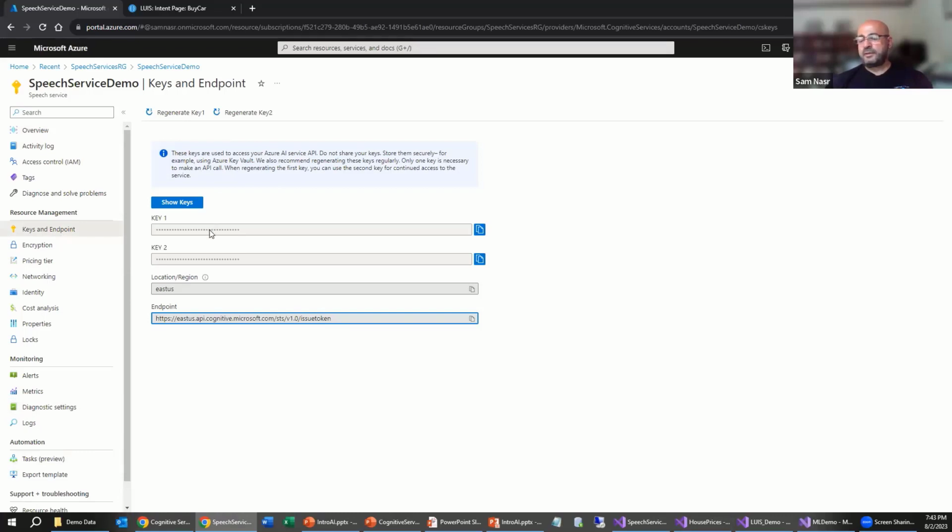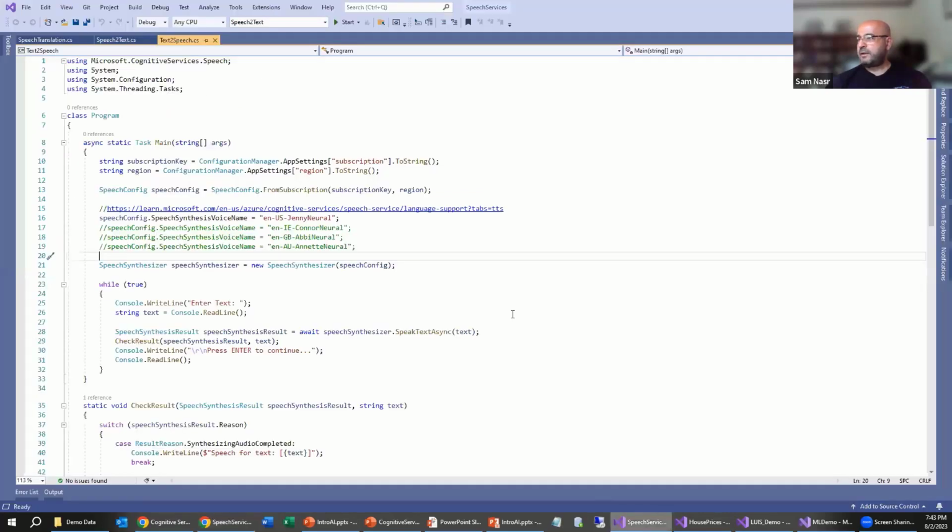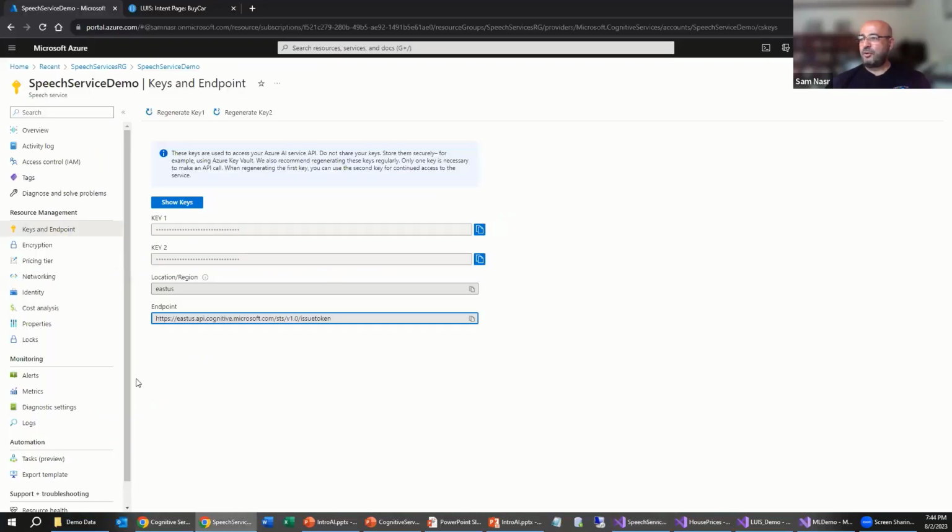Because these need to be kept under lock and key, they're secretive. Basically, what I did in my code is I put them in my config file and then I'm accessing them here. Not that I don't trust you nice folks, but it's just a good security measure to keep that on the side. So all I need is my subscription key and my region, which I get from over in my key and endpoints in my resource.